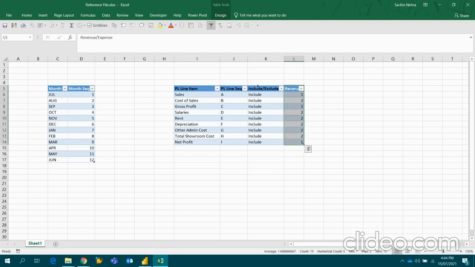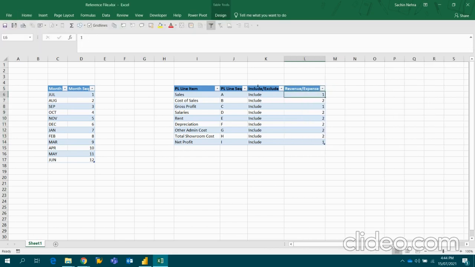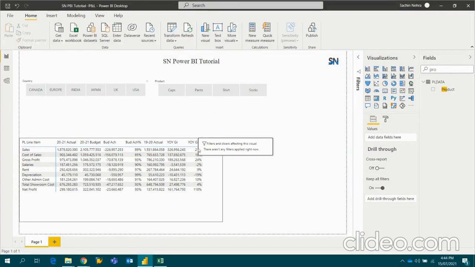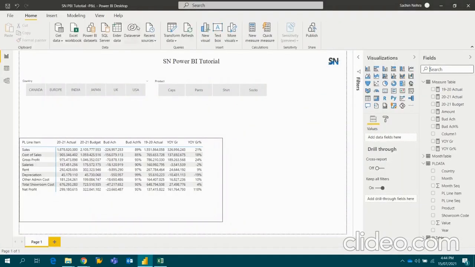This is going to help me in defining the nature of this particular P&L line item and accordingly the conditional formatting based on their growth. So I'll save this file, and I'll click on refresh all.